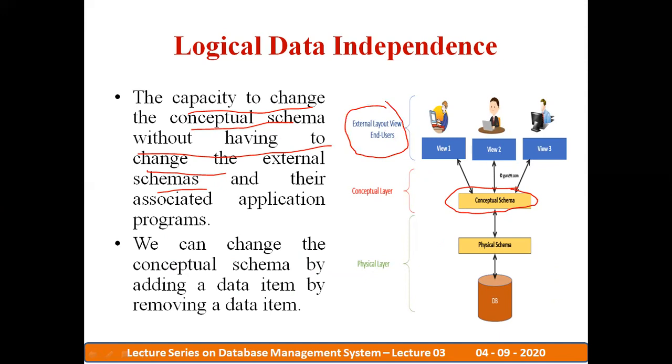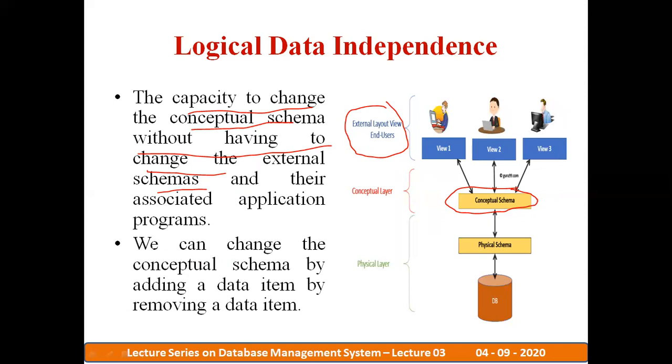Changing the schema means either you are adding a column or deleting a column. This schema change will not affect the external schema or external view. That type of data independence we call logical data independence.